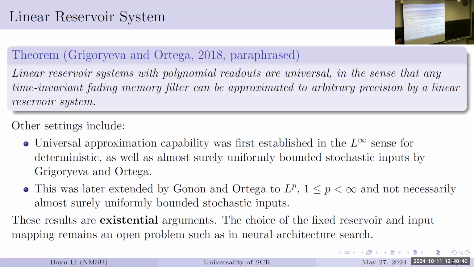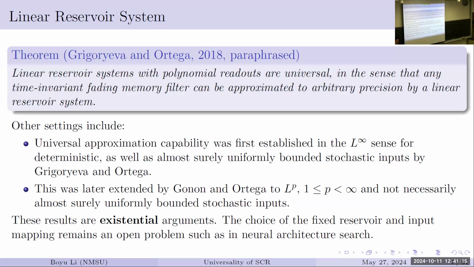So what is so good about this linear reservoir system is they are in the theory of machine learning. There's this idea of universality. I'll briefly explain what they are. So universality, roughly speaking, I'm paraphrasing this work by these two persons. Universality is saying, if I have some system, some different system, and I have another model like a linear reservoir, how close can they get? If I give the same input, can they get me the same output? That's roughly what the idea is.